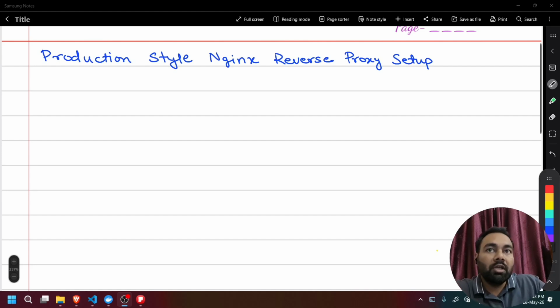Hello everyone, today I am going to show you how we can create a production style Nginx reverse proxy setup. For this I am going to first explain the architecture, what will happen here. If I have an application hosted as a website, first of all there will be a user who will come to his browser